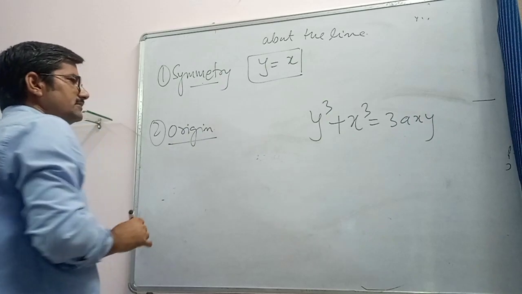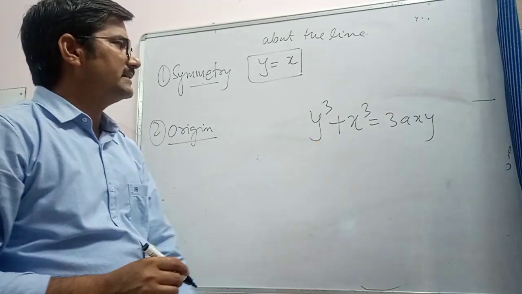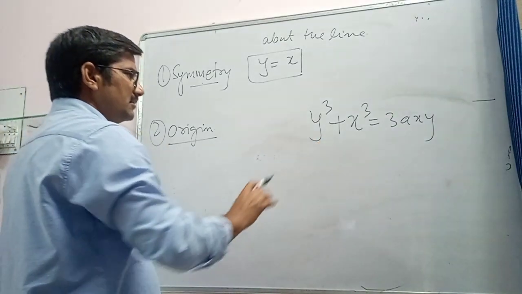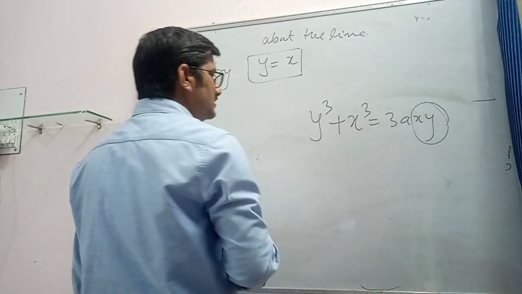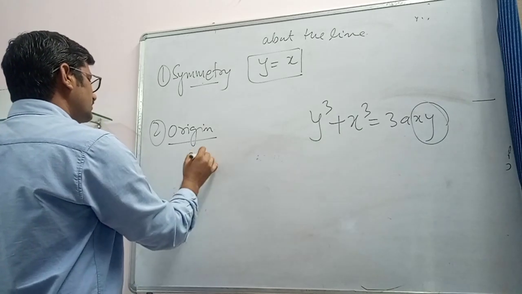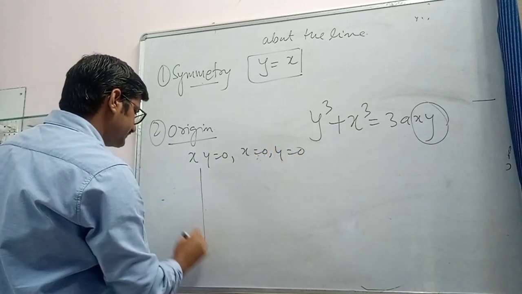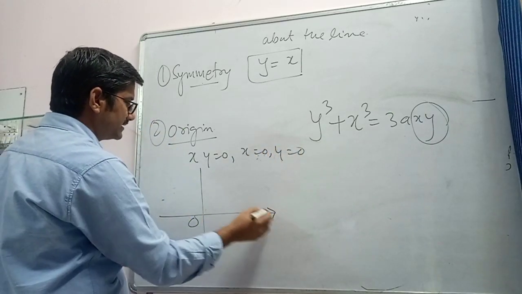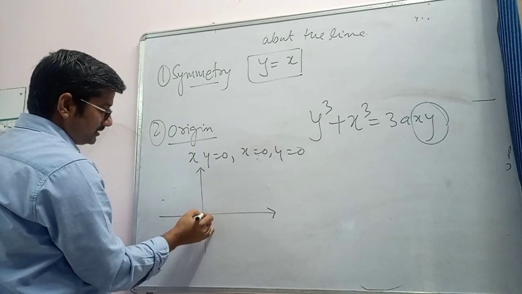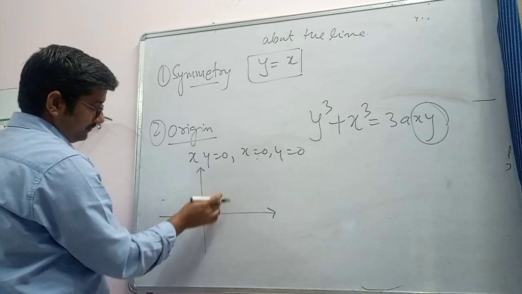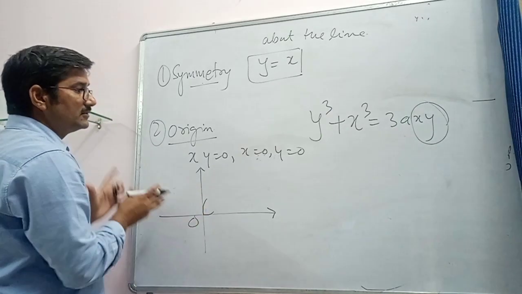We have already tested this curve. It passes through the origin because there is no constant term in this curve. So equating to 0 the lowest degree terms, the lowest degree term is xy. So if you put xy equal to 0, so x equals 0, y equals 0. So there are two tangents at the origin, this x-axis and this y-axis. So the origin is a node, and the node may be between this one, may be between this one, because it is also x-axis and y-axis, may be here. So there are four possibilities.